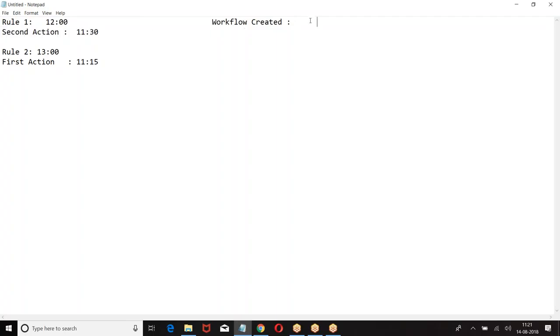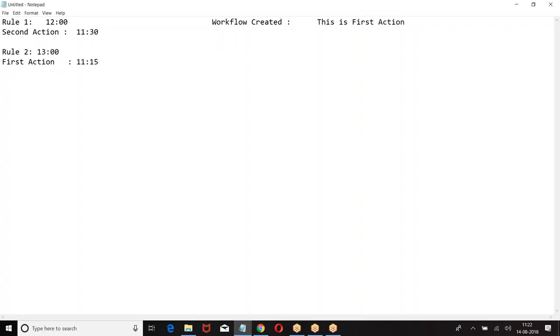The second action will run, this is second action. Then this will be modified as first action. This will run first because it's created at 12 o'clock, and this is created at 13. So this will be changed to this is first action.